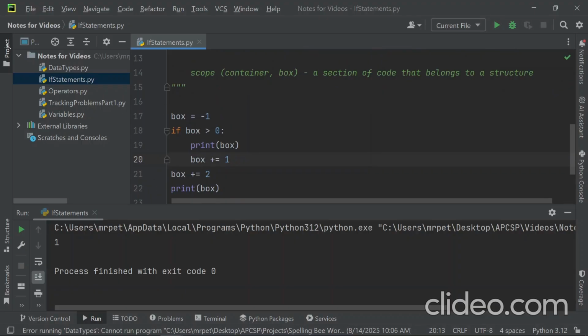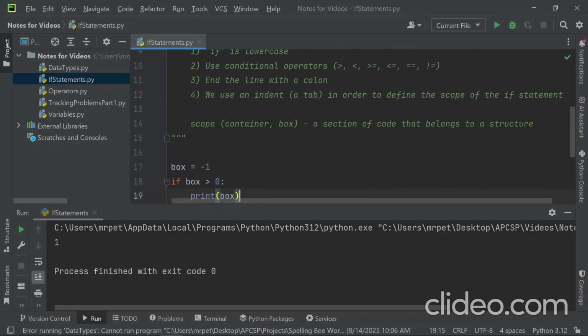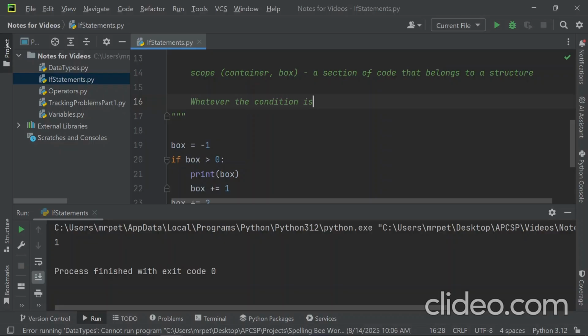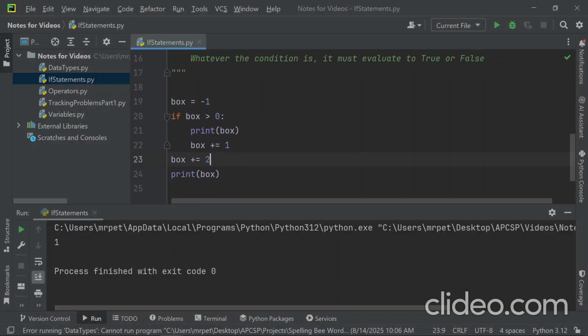So this is an if statement. This condition here has to evaluate to true or false. So whatever the condition is, it must evaluate to true or false. So if you have something like this, if box,